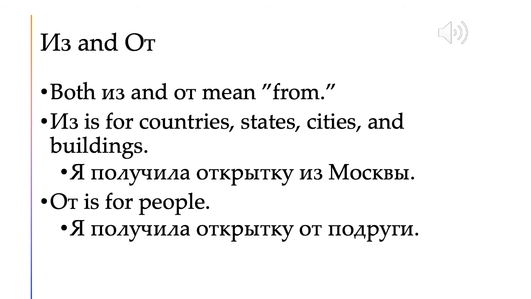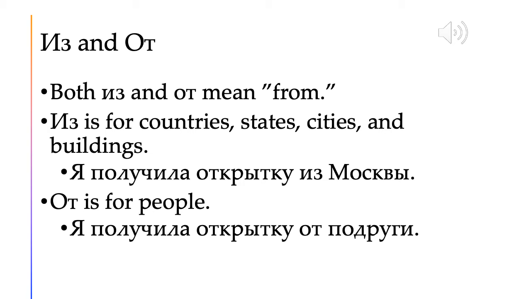So we're going to start off with some very friendly, easy things. We're going to start off with the prepositions из and от, which, as you remember from the previous chapter, because I'm sure you memorized everything from the previous chapter, well, I'm sure you memorized the really important stuff, и из and от are very important. So as you remember, both из and от mean from. And из, as you recall, means from inside the borders of. And so we use it for example, countries, states, cities, and buildings.